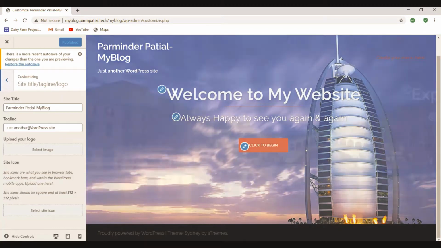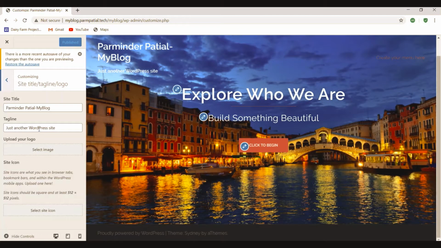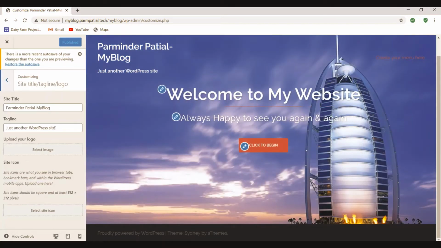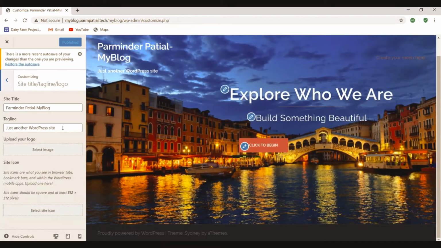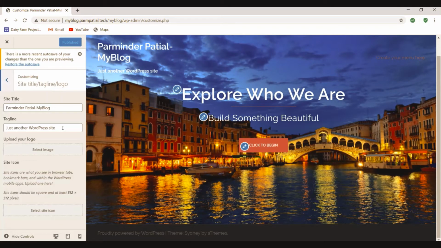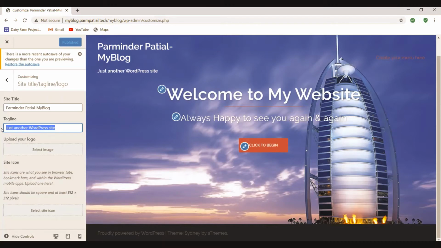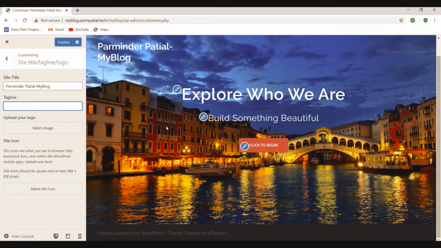And this is what is called the tagline, the line of the business, which can be anything you want to add as the tagline for your website. In my case I'm just removing this tagline, and we see the tagline is removed from here.